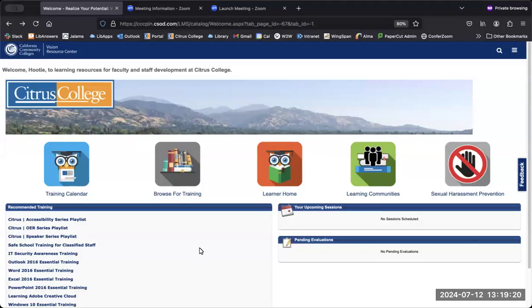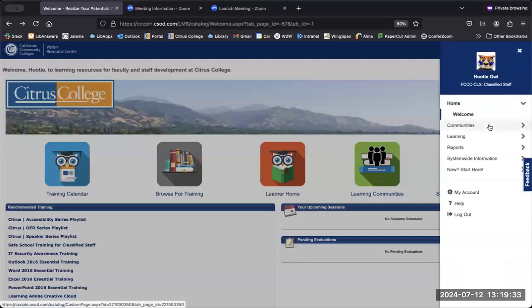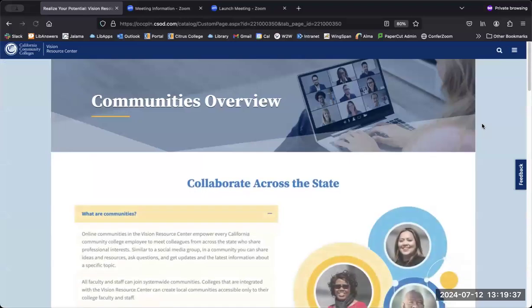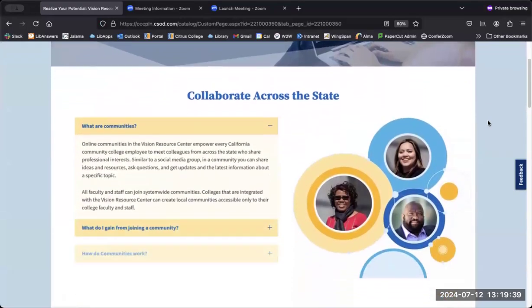This video will demonstrate how to explore and connect with learning communities in the Vision Resource Center. Once you've logged into the Vision Resource Center, you go to the menu on the top right and select Communities. You will see a Communities overview that provides a little bit of background about what the communities are in the